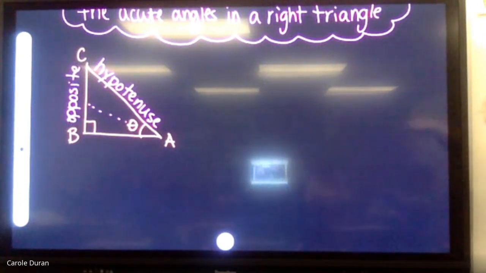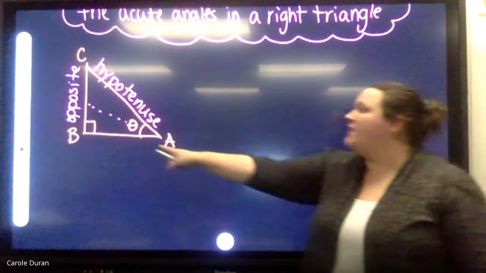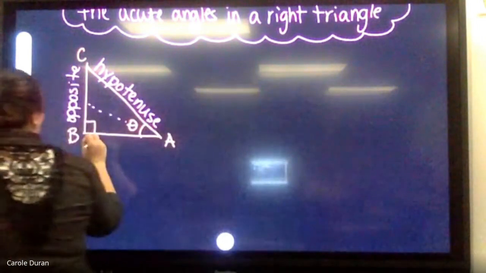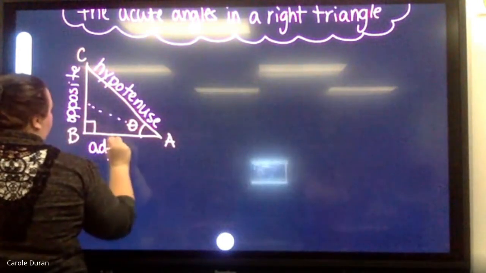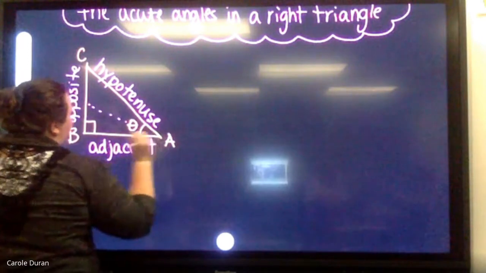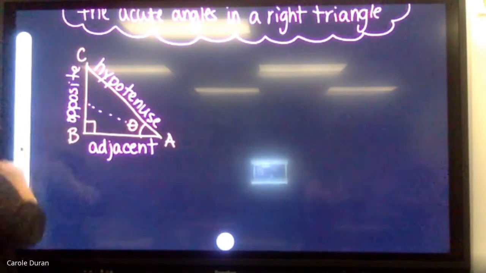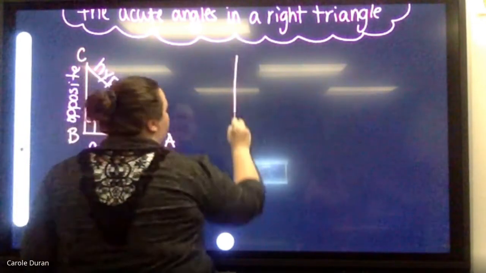So if that's the opposite side, then the adjacent side is always the side that's touching the angle that I'm looking at. Okay, so this bottom one, BA, would be my adjacent side. As I noted before, the opposite and the adjacent will change depending on which angle I'm considering for my trig function. So for example, if I have this same triangle,